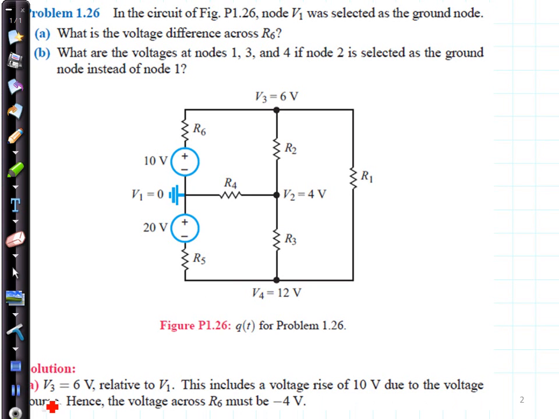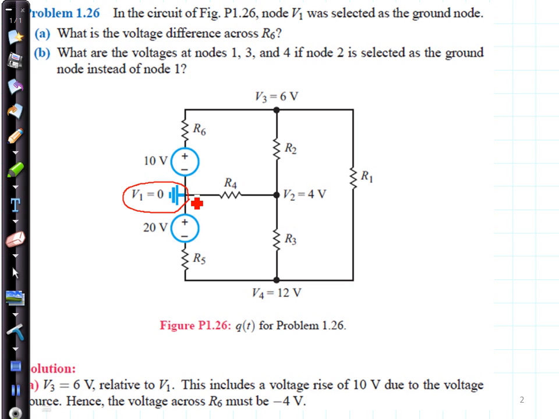Okay, now what I'd like to do is use this example to talk about where you put your ground. Anytime you define a circuit, you can actually define the ground any place, and that's where your reference voltage, assumed to be 0 volts, is going to be. If you built a house and you put a ground rod into the ground, that is where you define your ground. But almost any other time, you can decide where the ground is for your circuit.